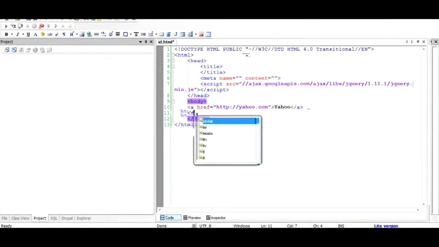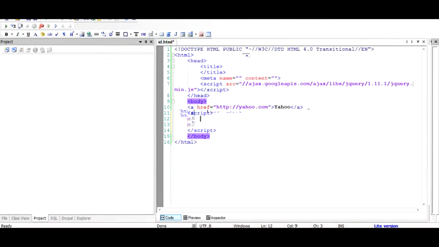I would add the jQuery here, the functions related to the thing that I want to do. So basically I've written it very fast because I hope you are aware of a little bit about how to use the ready function of the jQuery.